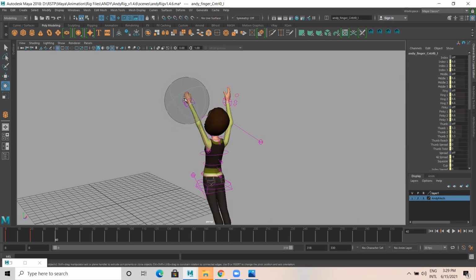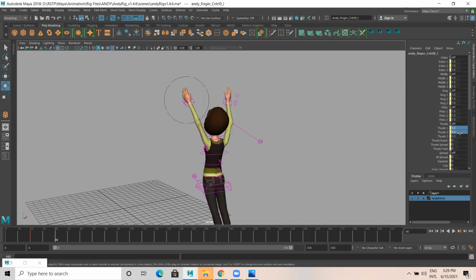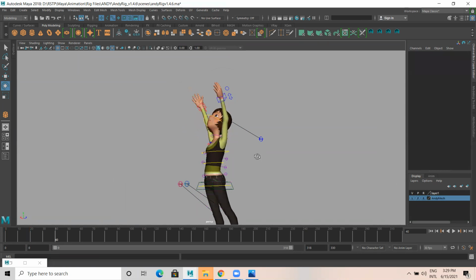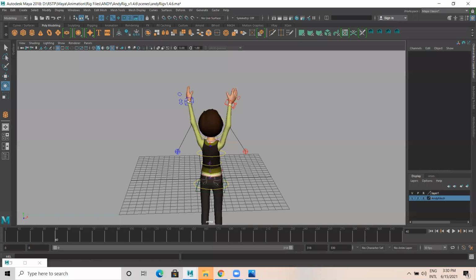And I select this. Again, index, middle, ring, pinky, 1.5. There is no spread, 0, and thumb, 0.5. Okay. I think it's okay.